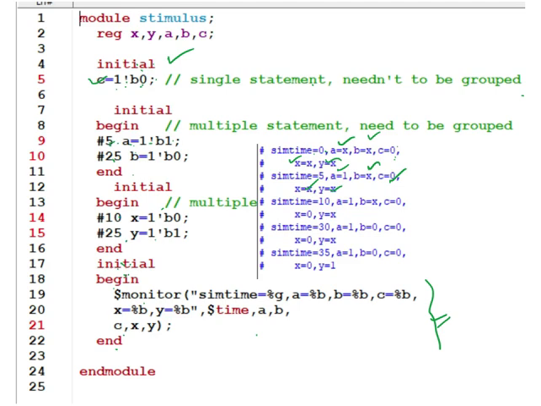Next, at 10 nanoseconds, what happens? You already got c equal to 0, and a equal to 1, because it changed at 5 nanoseconds.